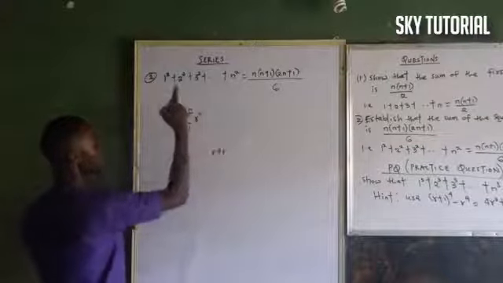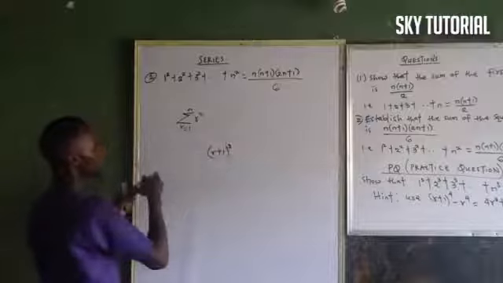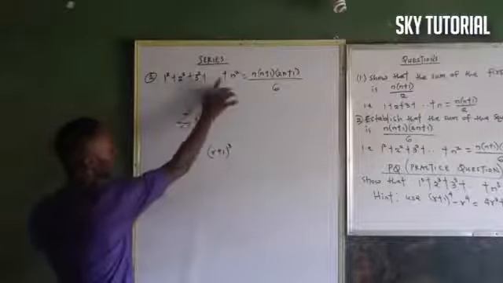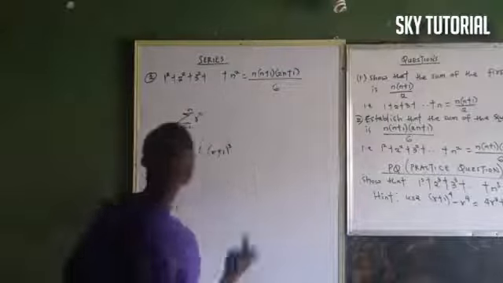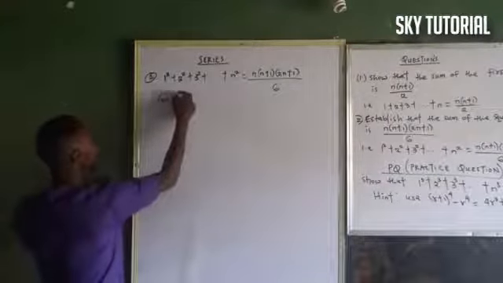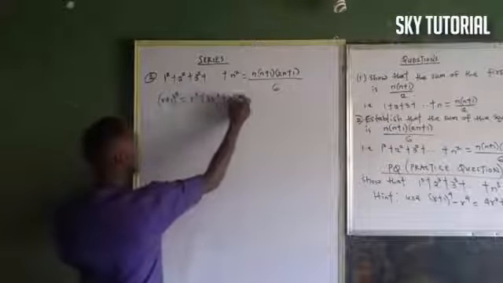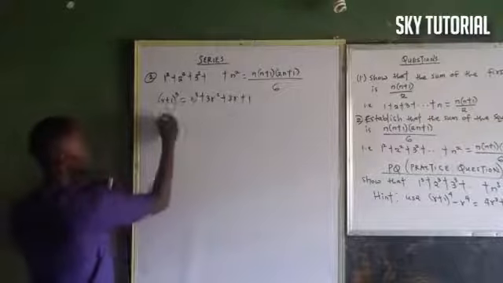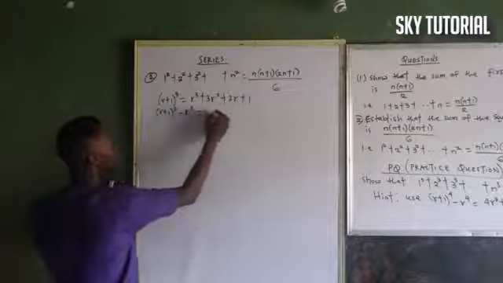So this power 2 will be increased by 1. So it's going to be (r+1)^3 that we are going to consider in order for us to be able to establish that this summation is going to give this. So when we consider (r+1)^3, the expansion is r^3 + 3r^2 + 3r + 1. So when this goes to this side, we have (r+1)^3 - r^3 = 3r^2